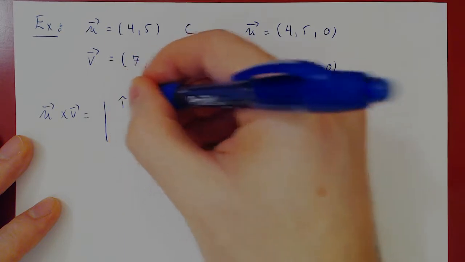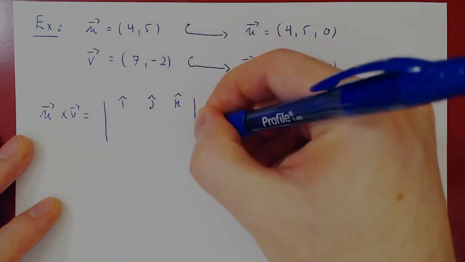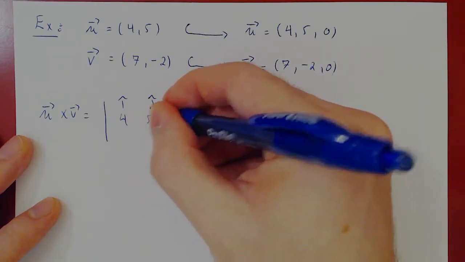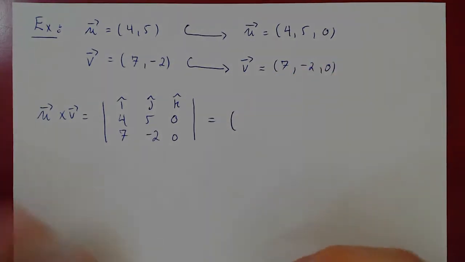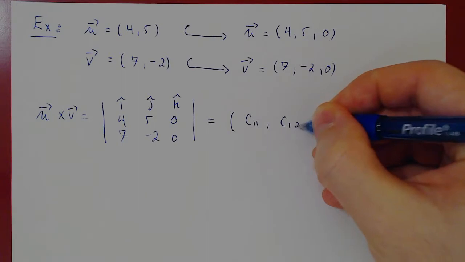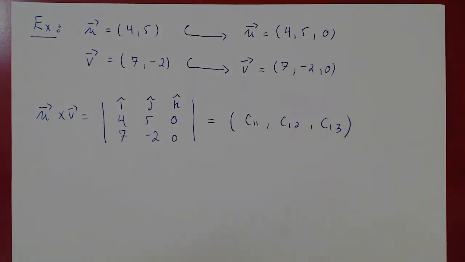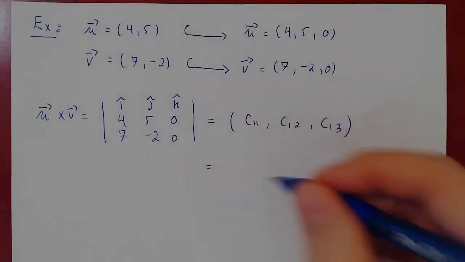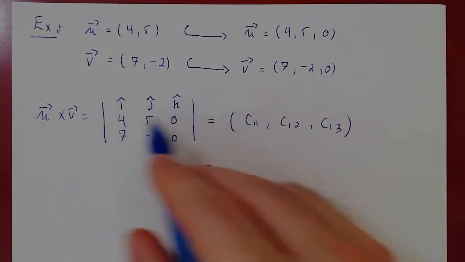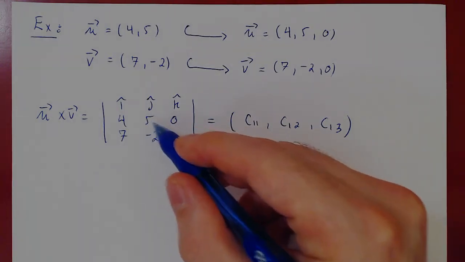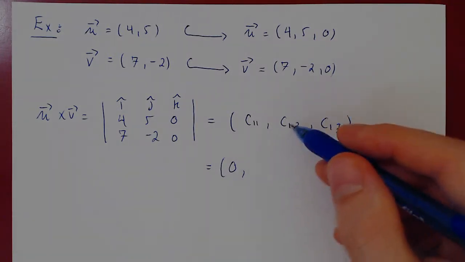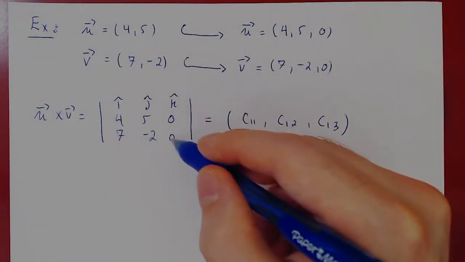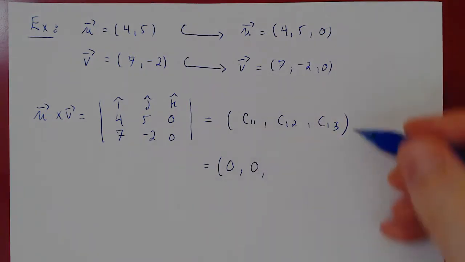as before, is the determinant with the first row being the three fundamental vectors i, j, k. U is (4, 5, 0). V is (7, -2, 0). And now we can cross our vectors. This is C11, C12, C13. And as you'll see, we'll get a surprisingly simple vector. C11, delete row 1, column 1. So the determinant of this matrix will give you 0 minus 0, and you have a 0 x component. C12 will have a negative of the determinant after we delete row 1, column 2. But then you'll have 0 minus 0, which is also 0. And finally, C13,